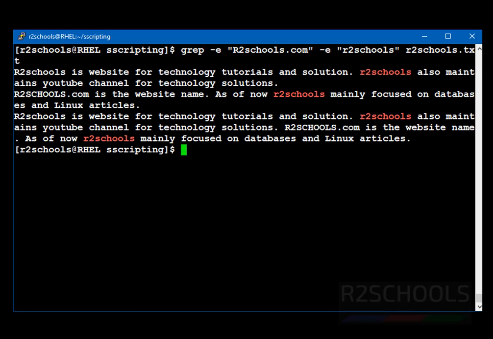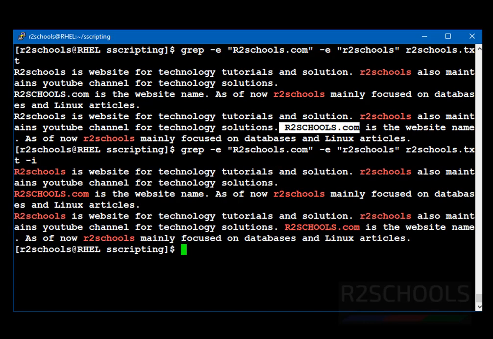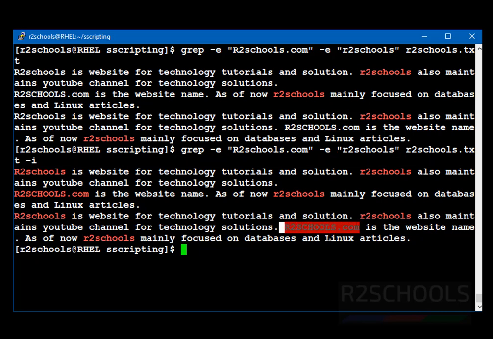R2schools.com is different and r2schools.com is different. In that case, we have to use -i. It can be anywhere in the command. That is to ignore the case. See, now in the previous example, this R2schools.com was not highlighted, but when we give -i, then this has been highlighted with red color.